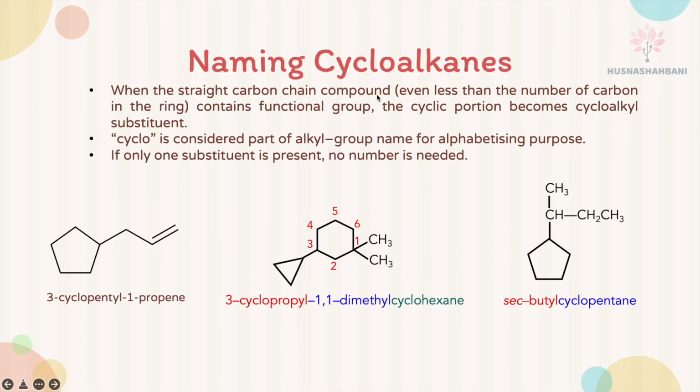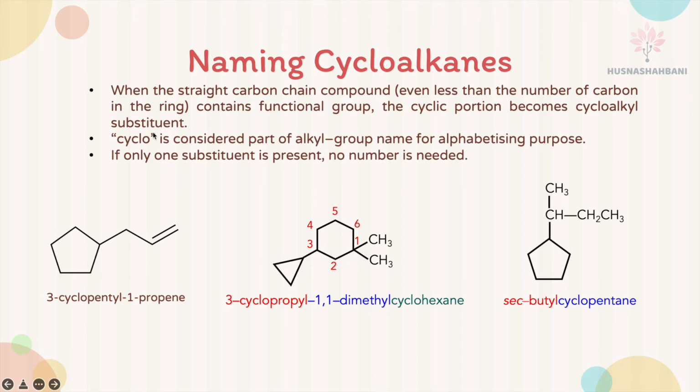When the straight carbon chain compound contains a functional group, even if the straight chain has fewer carbons than the ring, the cyclic portion becomes the alkyl substituent. For example, in this compound there are only 3 straight-chain carbons, compared with 5 carbons in the cycloalkane. Between these two, the straight chain becomes the parent because it has the functional group. The cyclic part becomes the substituent. So we choose the parent which has the functional group. Here at carbon number 1, carbon number 2, carbon number 3. At carbon number 1, there is a double bond. At carbon number 3,